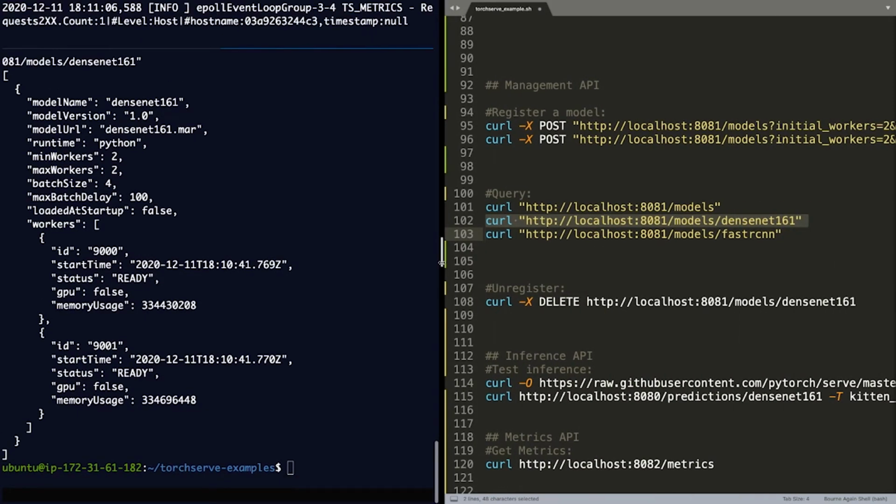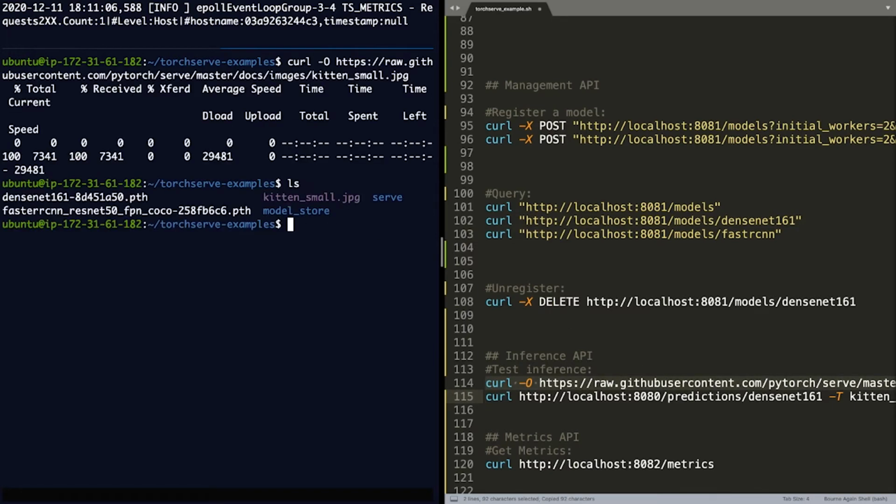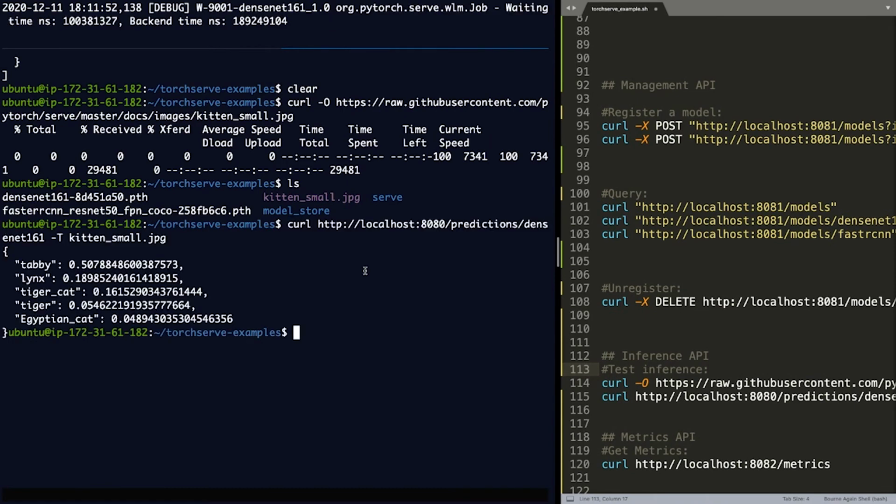Great. So the only thing left to do now is to submit inference requests. And to do that, I'm going to download an image of a kitten. As you will see here, I have an image called kittensmall.jpg, and in order to submit requests, I can use the inference API, which is hosted at port 8080 as opposed to the management API at 8081. These are of course defaults that you can change, and as soon as I submit the request, I get my responses with the top 5 categories. And I also get the friendly names here because I specified the name index to name JSON file while creating